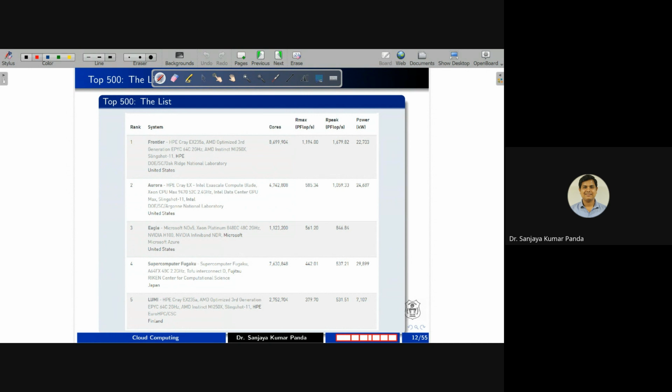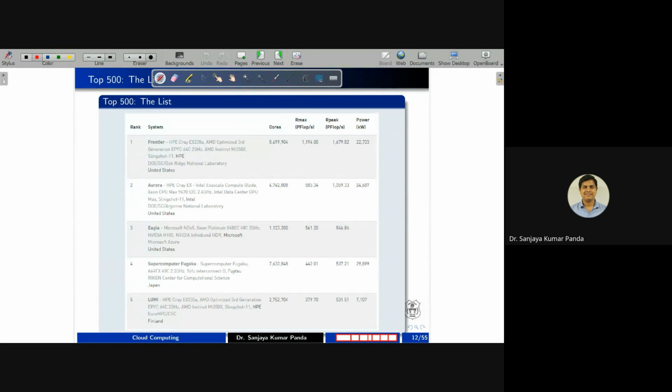For example, one of the popular sites is the Top 500 site, which you can browse in Google. The site name is top500.org. If you visit this site, you will get the details of the fastest supercomputers. And we know supercomputers are more powerful, right? So you can see the Top 500 list.